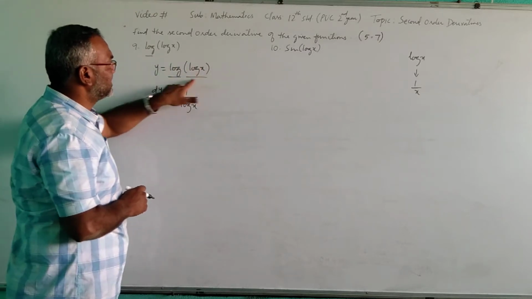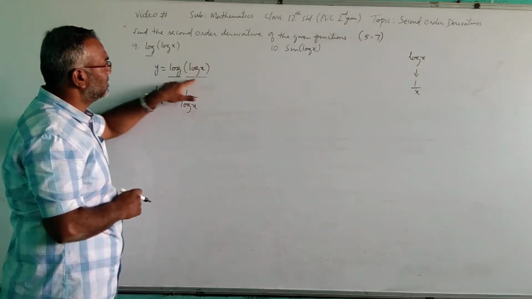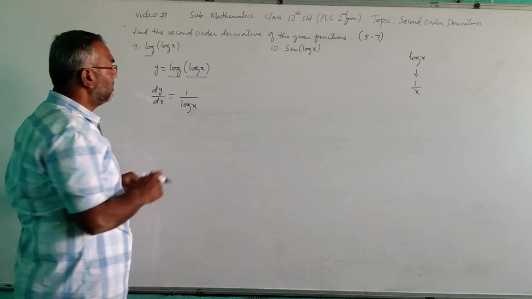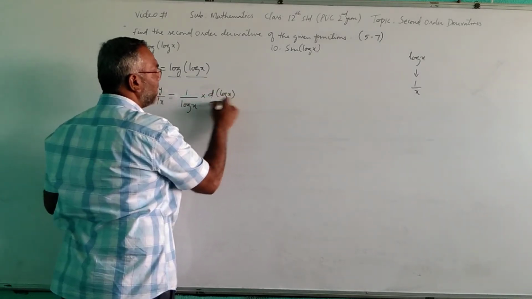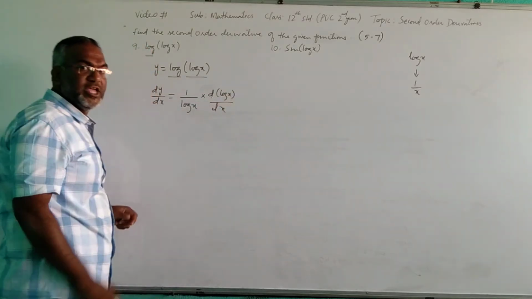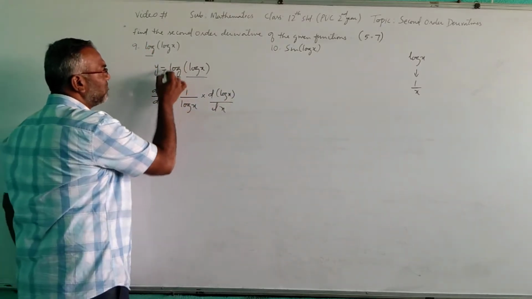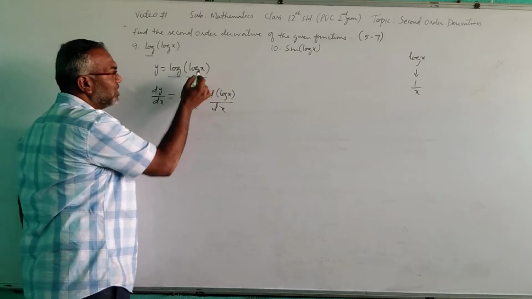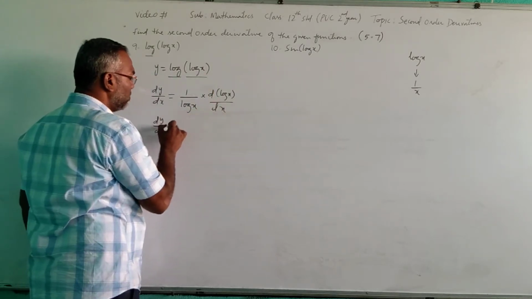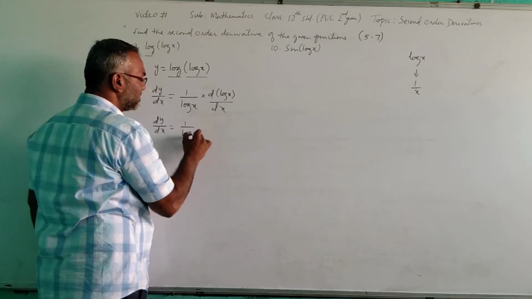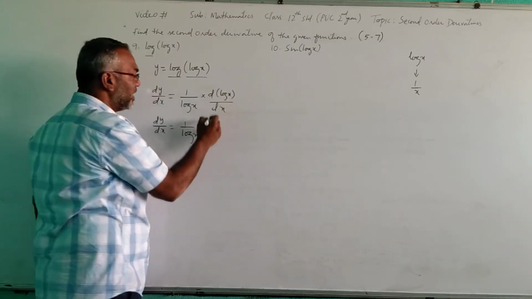Into, then we have to again differentiate log x with respect to x, because it's a chain rule. We did the differentiation of this log, but this log is remaining again, right? So dy by dx is equal to 1 by log x into differentiation of log x is